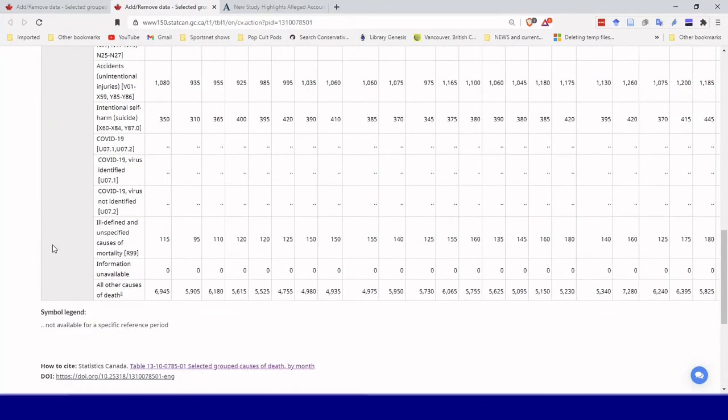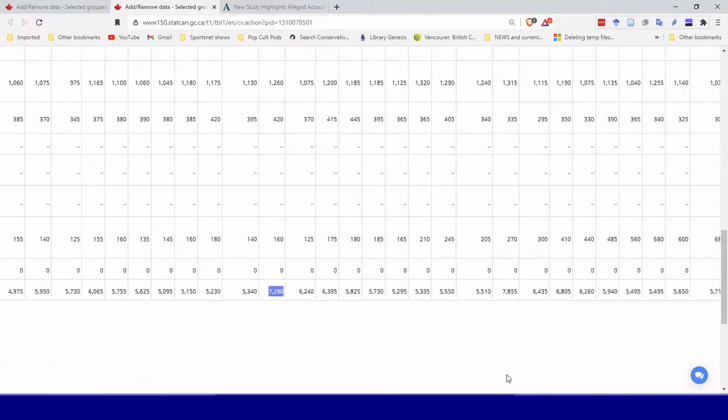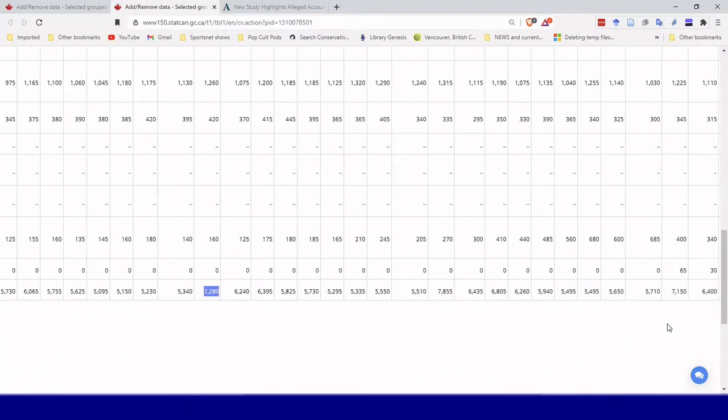There is this one, all other causes of death. And I have no idea what that is, but you can see it's not an insignificant number. It ranges per month from something in the 5,000 range. And here we get up. Where was that? I just saw 700 somewhere. Yeah, it was over here. It gets up to not 700, 7,000. So it gets up to 7,000 there. Right, so these are not tiny numbers. There's another 7,000 over here. So these are not tiny numbers.